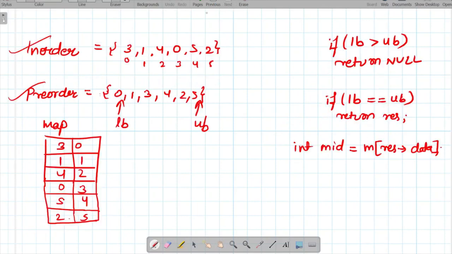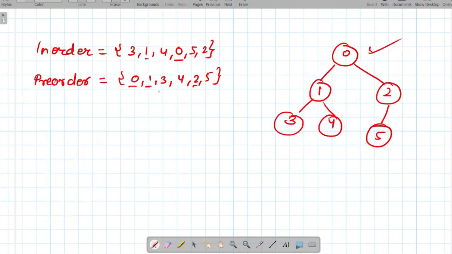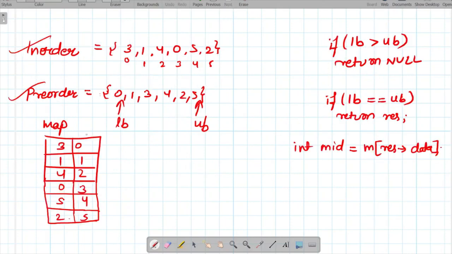So now while writing the code, we will initially store all the elements of the in order traversal into a map. Why we are doing so? Because whenever we are looking for a given element, for example, while we were doing the first iteration, we had our tree something like this, 314 and 52. So when we created our root node, we didn't know where our next node exists in the given tree, right? So it will be very easy for us to look into our map. So we don't have to traverse the in order traversal again and again every time. So our time complexity will also reduce in this case.